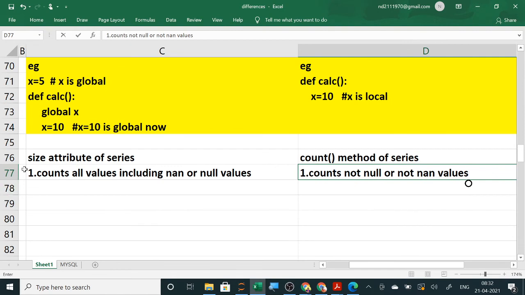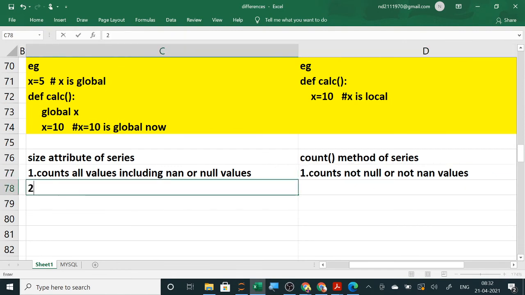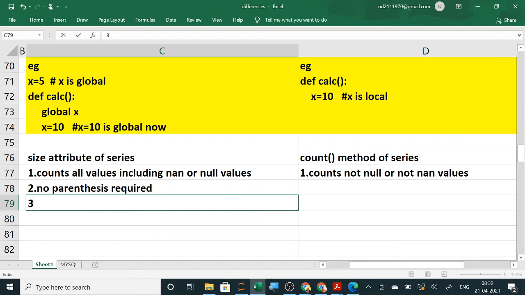Here, second and third, already you have discussed: no parenthesis required, and here parenthesis is required, and third one you have written as it is an attribute of series.